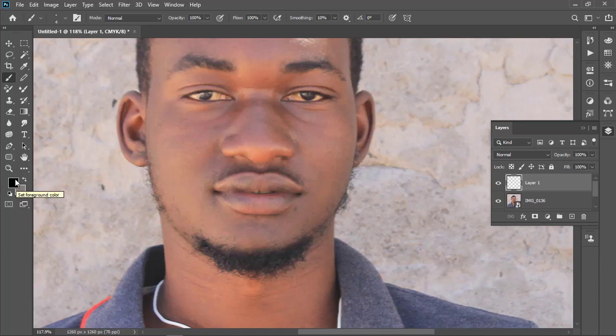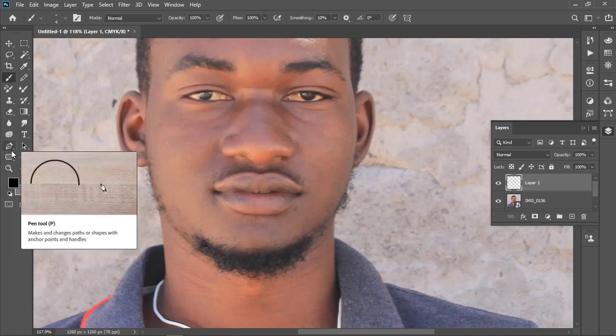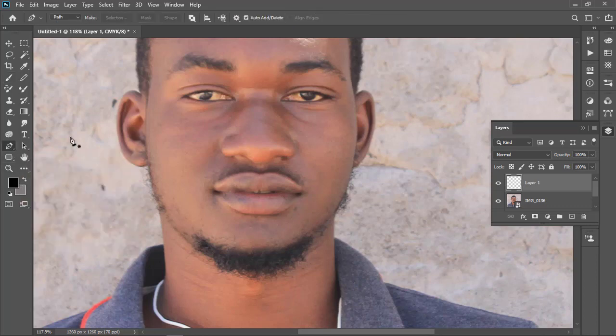Then you go to your pen tool. After going to your pen tool, make sure that you are on this new layer here. Just rename it. You will write outline. Okay, so that's my outline.